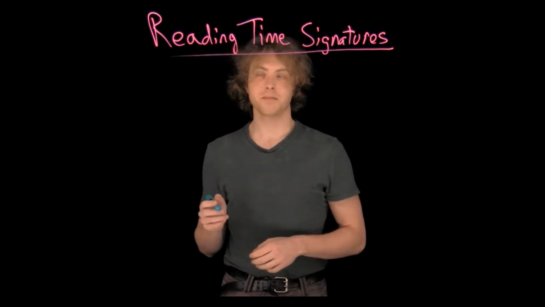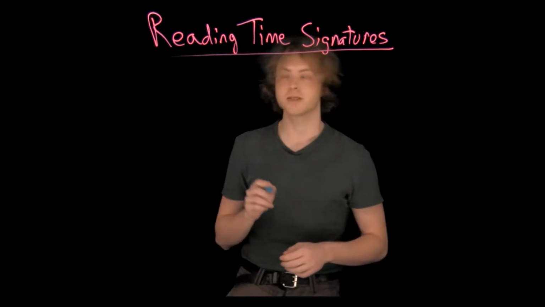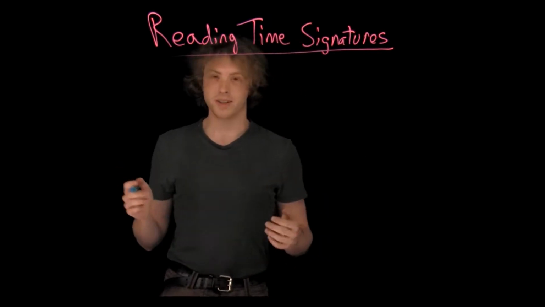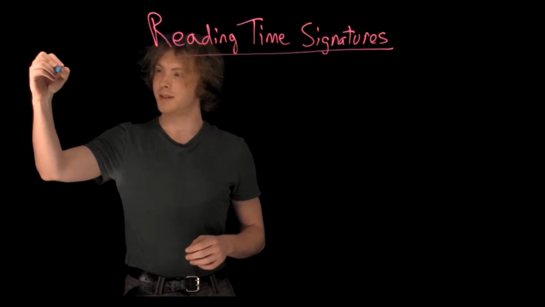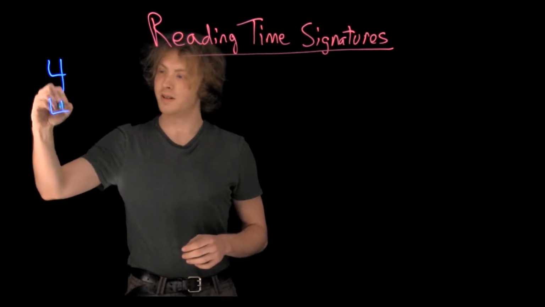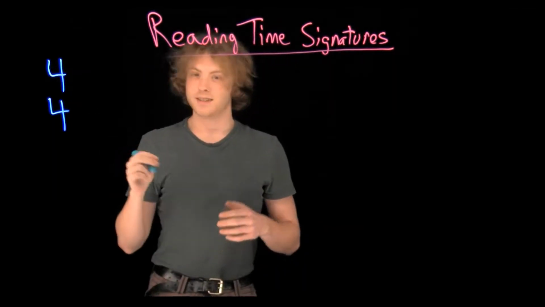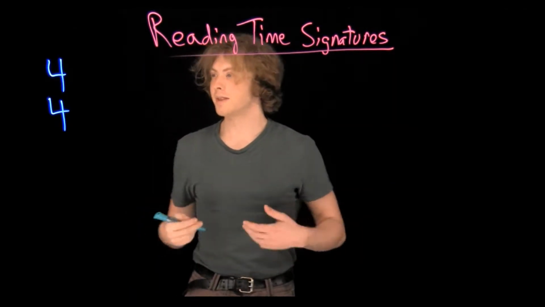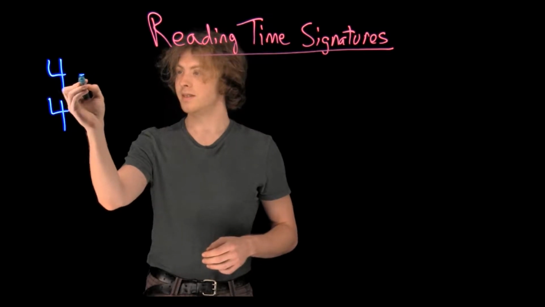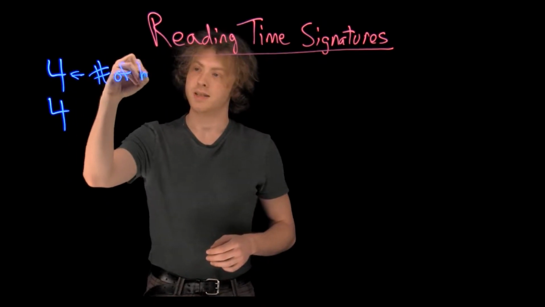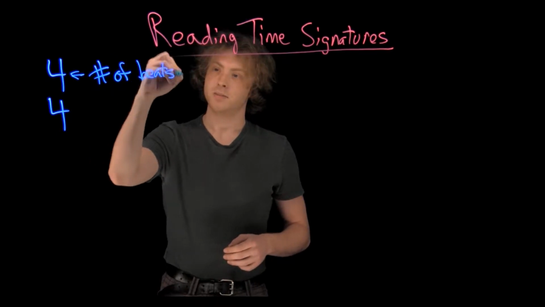Today I want to cover a method for reading time signatures. So you get a new piece of music and you open it up, and at the top you see a big 4/4. Now what does this mean? This is the time signature, and how you're going to determine what everything means is you're going to look at the top number, and the top number gives you the number of beats per measure,